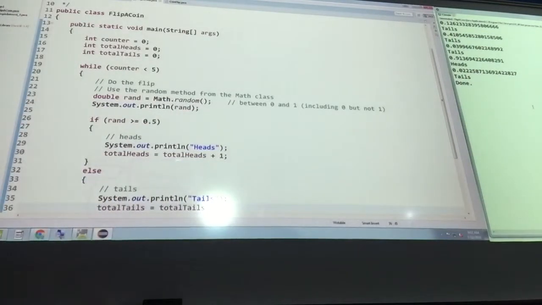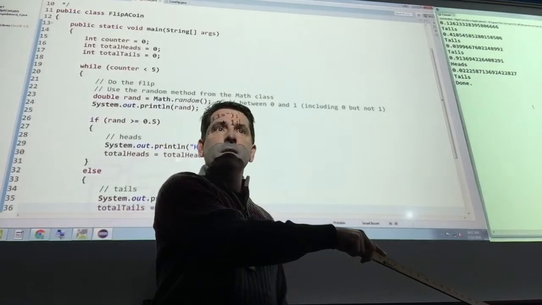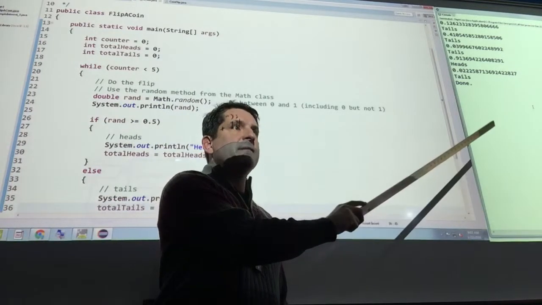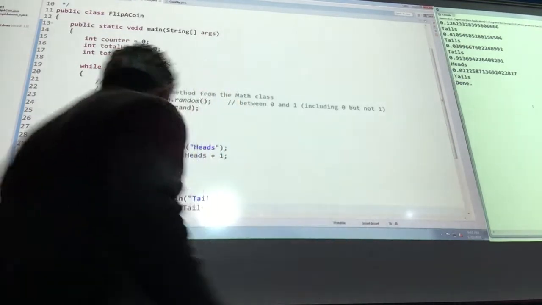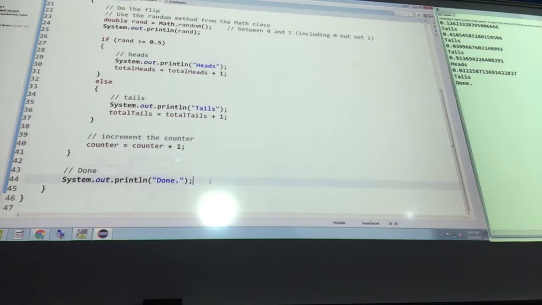How come I can't see how many heads or tails I've got? Do you think the values got incremented? Yes, but we just didn't display it. So when we're done with the loop, let's go ahead and print. So let's say after it's done now, we can say